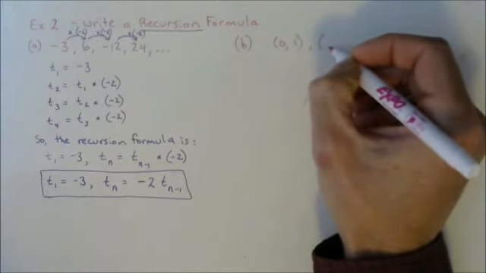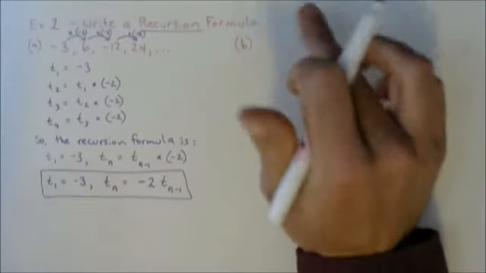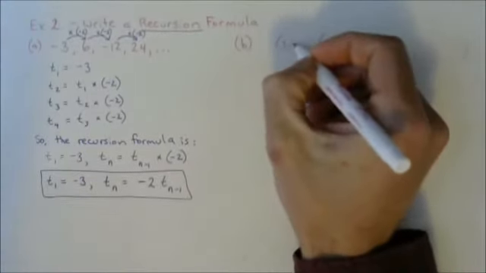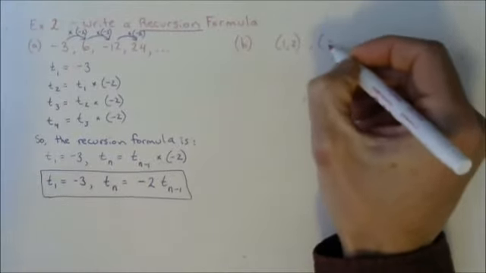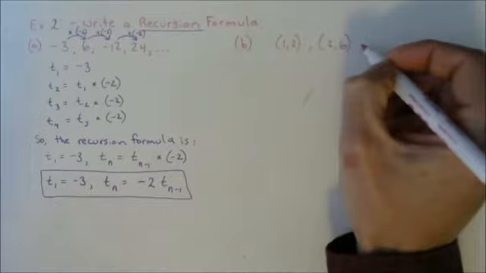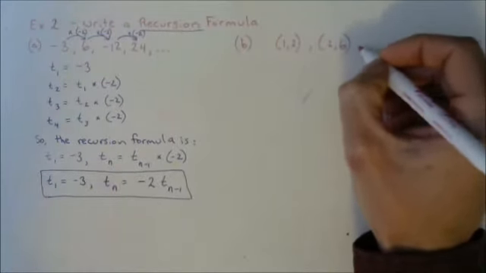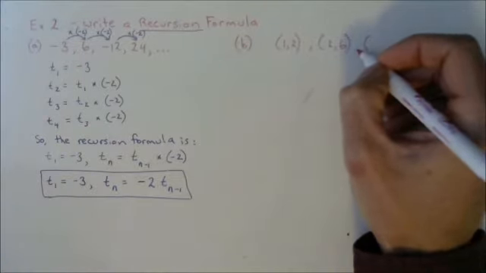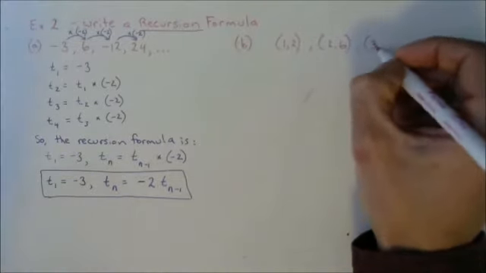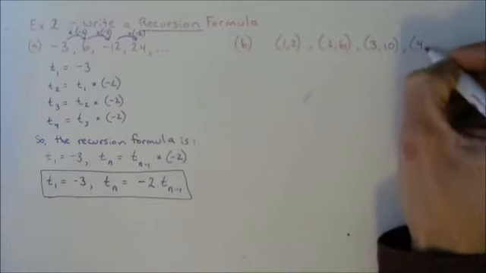So you have the point 1, 2, not 0, 1. You have the point 1, 2. You have the point 2, 6. A little bit tricky because that y-axis is going up by a scale of 2. The x-axis has a scale of 1. So just be careful with things like that. The next point is 3, 10. And the last point there is